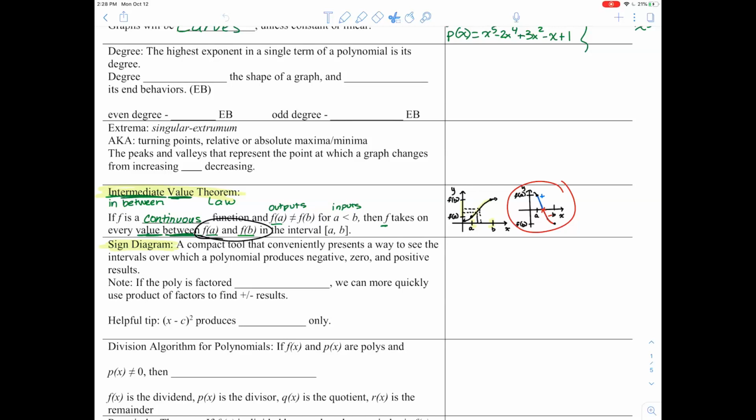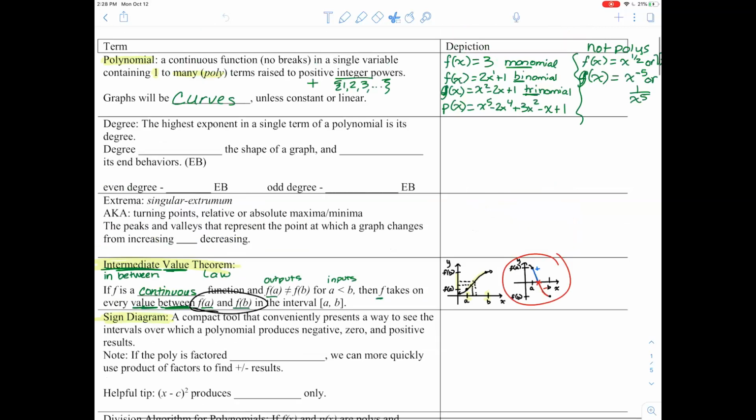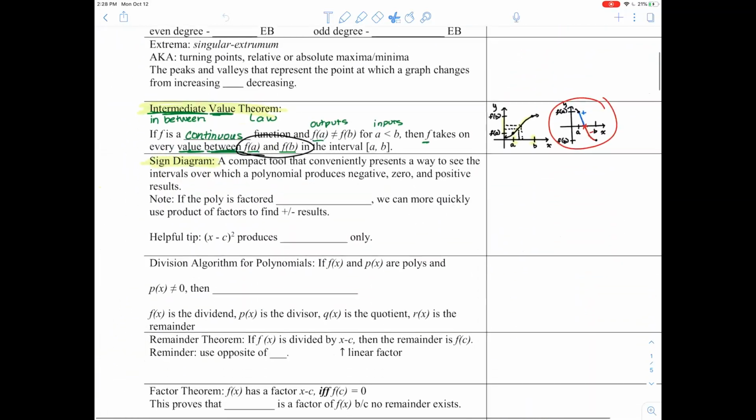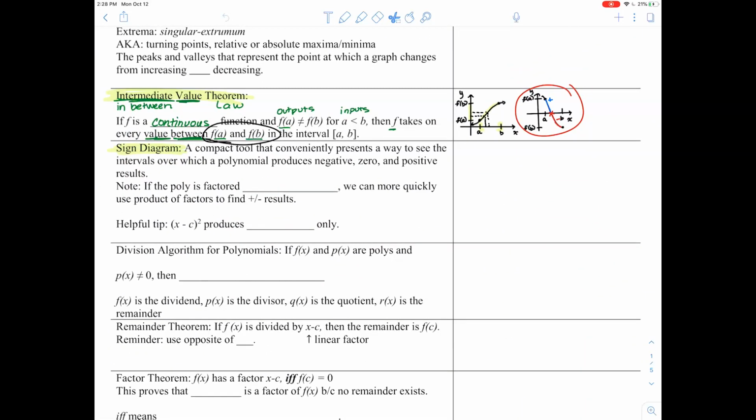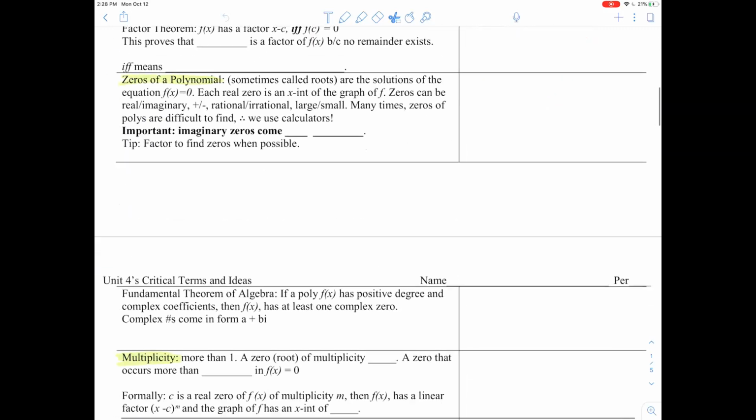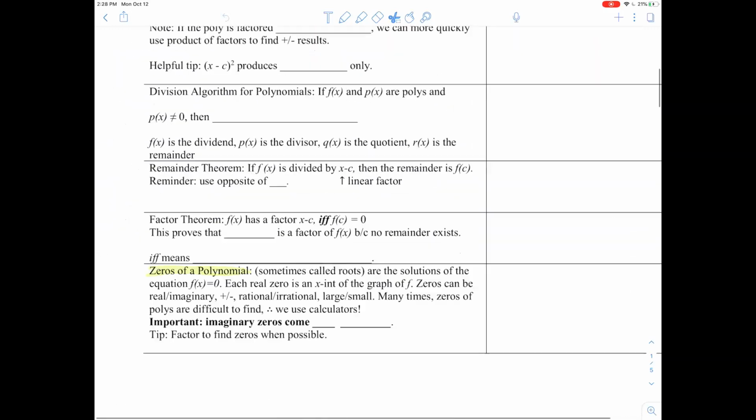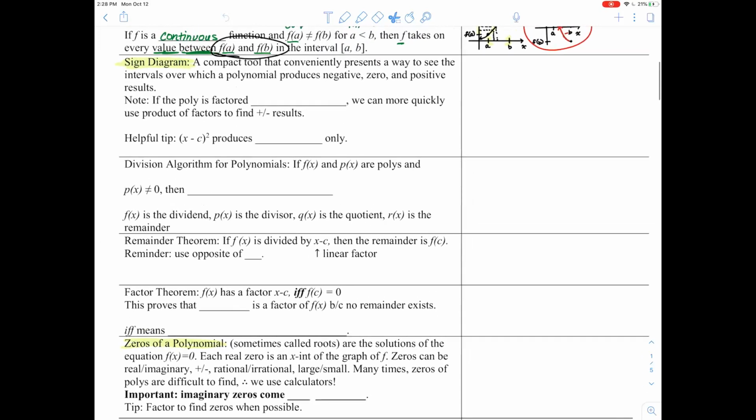Okay, so for 4.1b, there are 3 terms that are really critical. So we're on our critical terms and ideas. The 3 terms we're looking at today are sine diagram, zeros of a polynomial, and multiplicity. Okay, so we're still working on